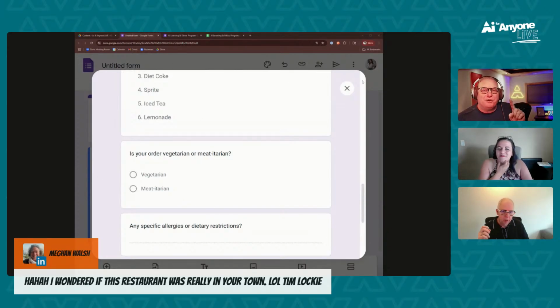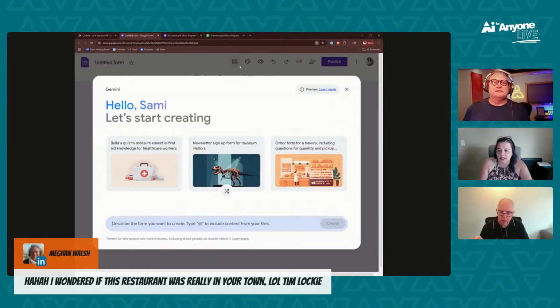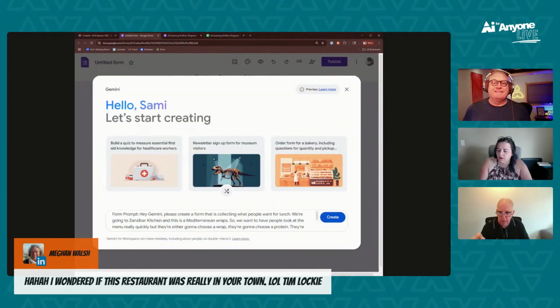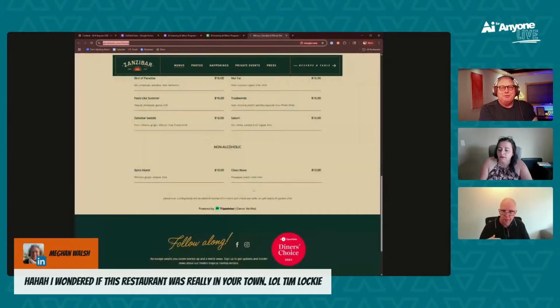Okay, can we try one other thing? Go up to the top and just add the word grid. And if we still have that prompt, I don't know if you can still access it or not. I think I have to hit new form again. Let me zoom in. And I gave you a URL for an actual Zanzibar. Oh, that's a restaurant. Awesome. So again, this is back to learning AI is just experimenting. Yeah. Okay, cool. Pull that in.